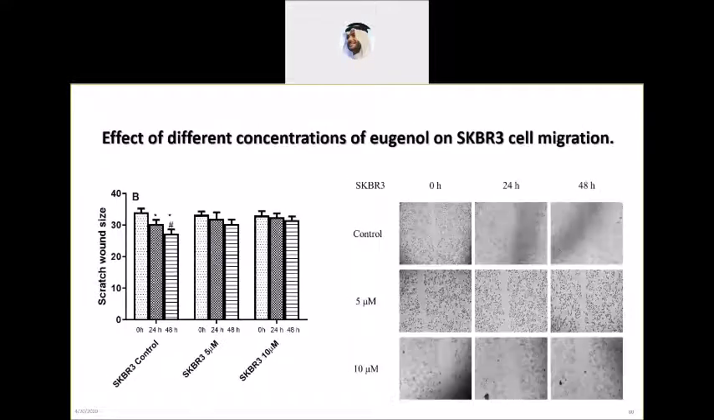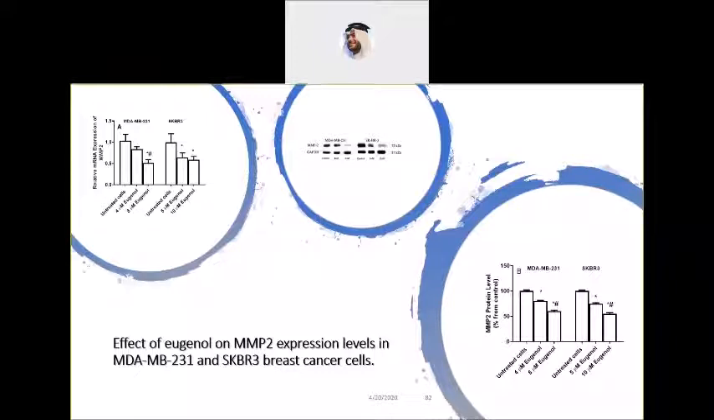We did the same for the SKBR3 cells, and the inhibition of cell migration is not that much, and we could not see any significant difference from the microscopic picture. But we went for further investigation to see if there is some involvement of the matrix metalloproteinases, genes engaged in tumor metastasis. We tested MMP2 and MMP9 in the SKBR3 and MDA cells after incubation with different concentrations of